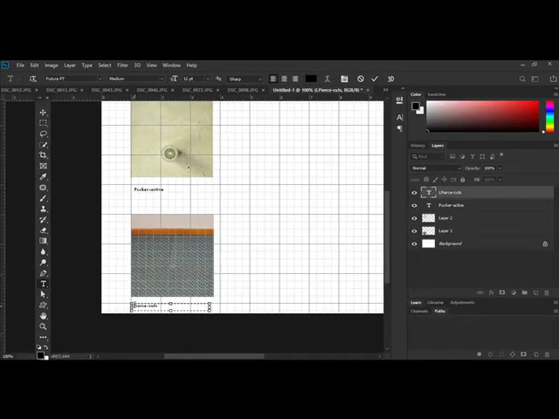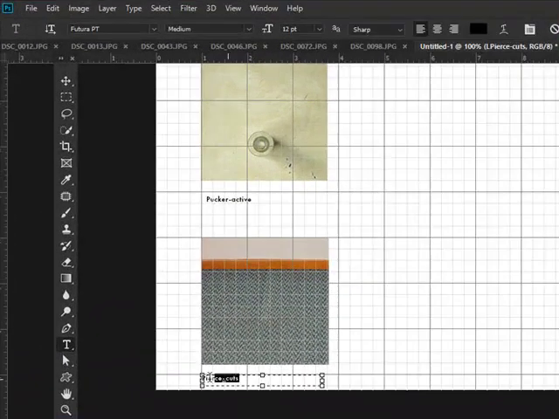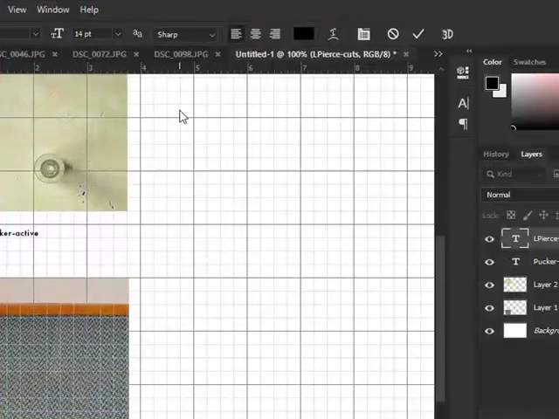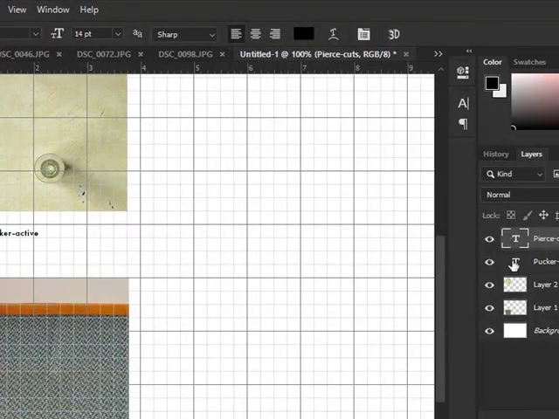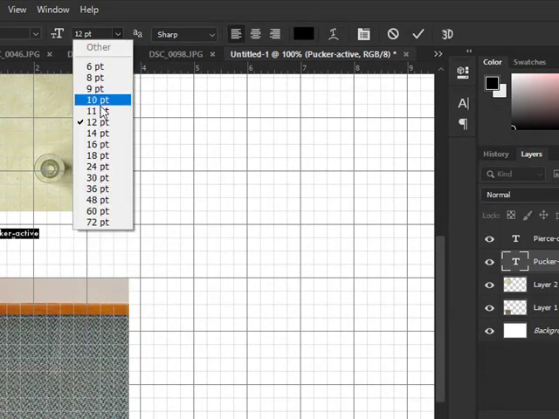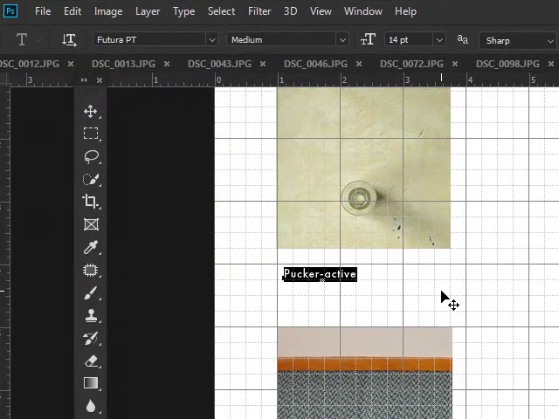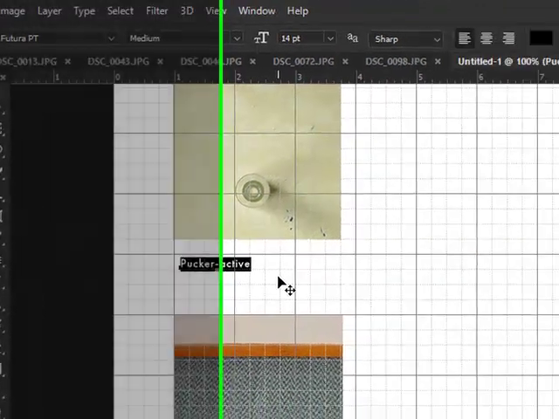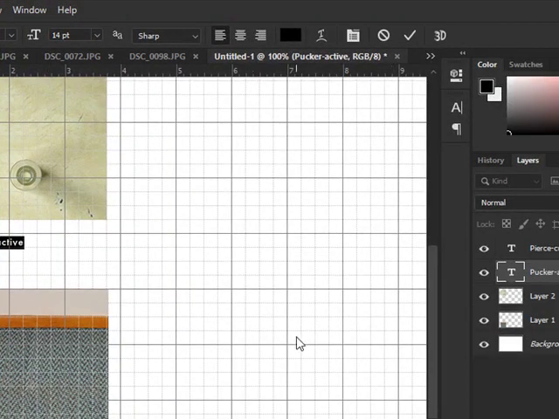And so now I could get rid of that L, and I can select this and also go up to the options bar and choose a larger font size. And commit to it and do the same thing for this one. Double click it. It's now active. I can edit it and choose a larger font size as well. Okay, so as you're